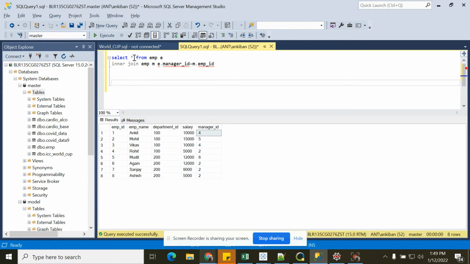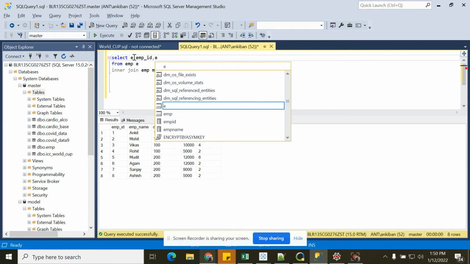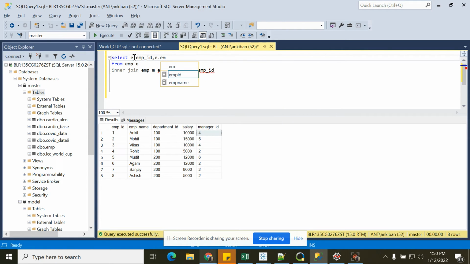Now let's take some data here. From the employee table, I will take E dot employee ID, comma, E dot employee name. And let's take some data from the manager table, M dot EMP name. This will be the manager name because this is coming from the manager table.